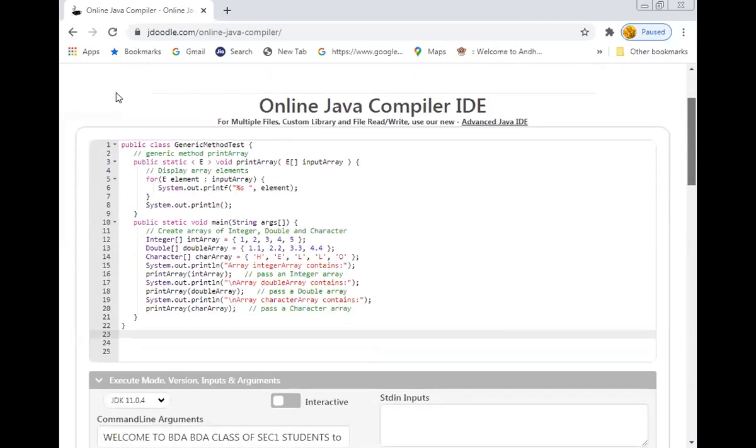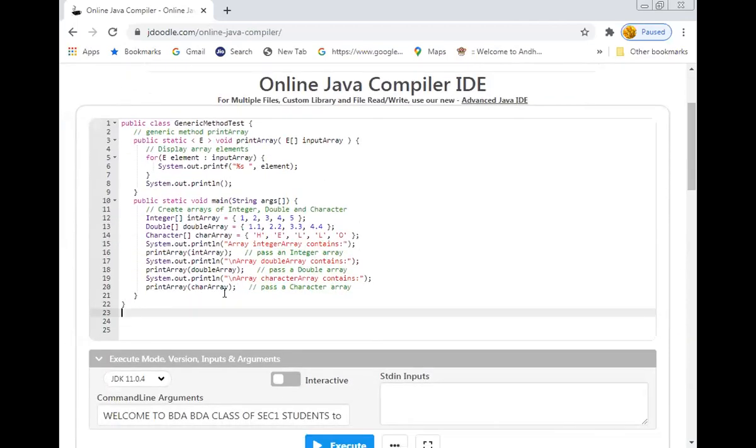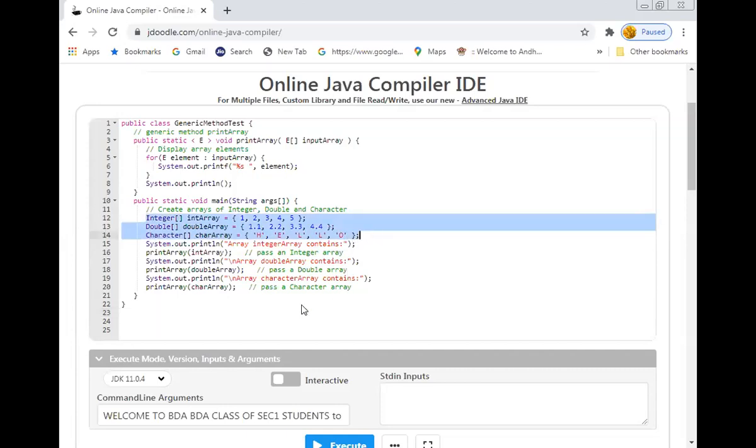All of you observe this. Here I have created three different arrays: one is an integer array, another is a double array, and the third is a character array. These three arrays are declared and initialized with values.